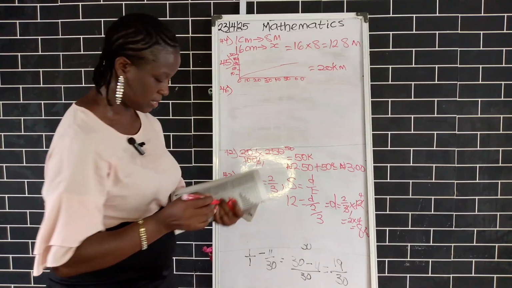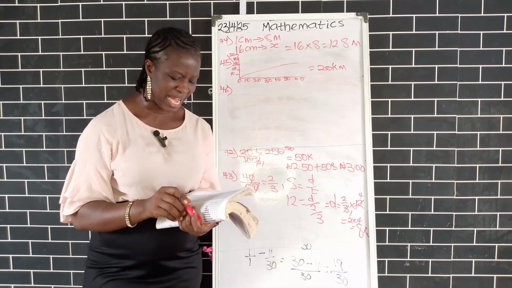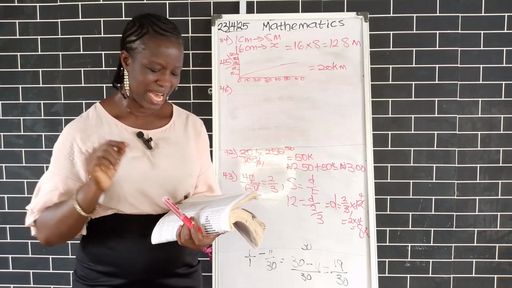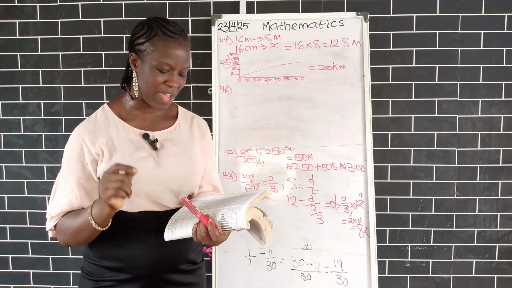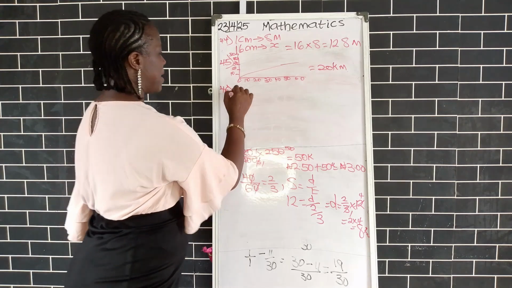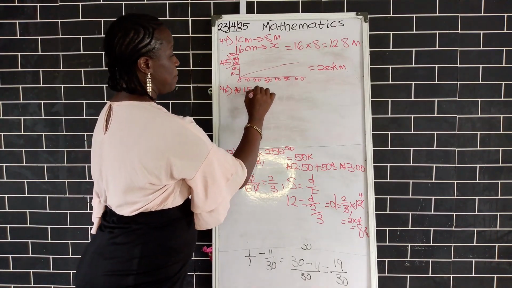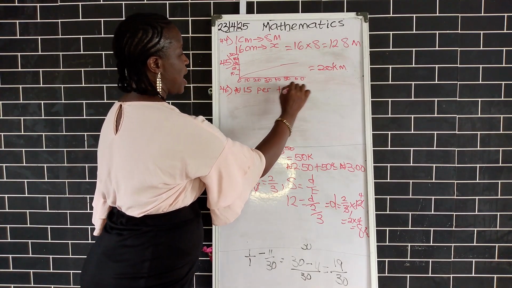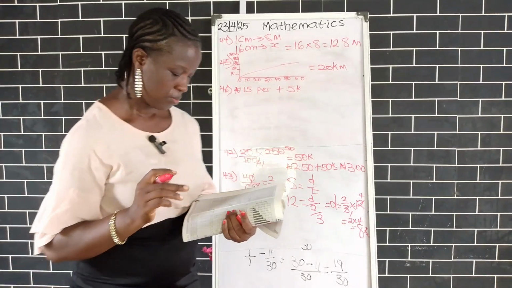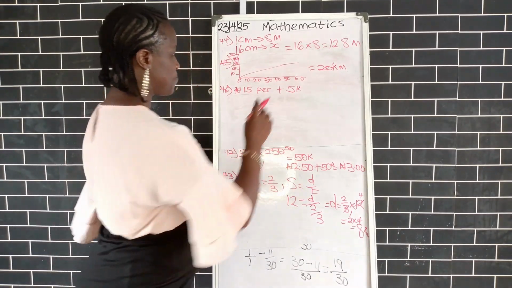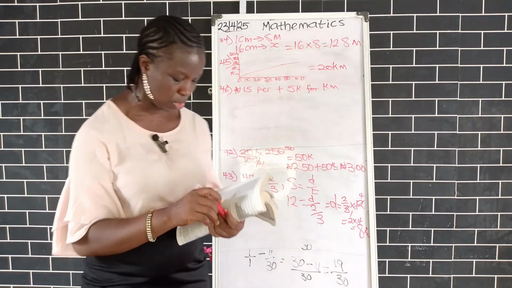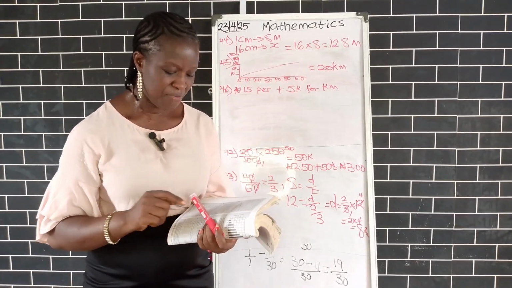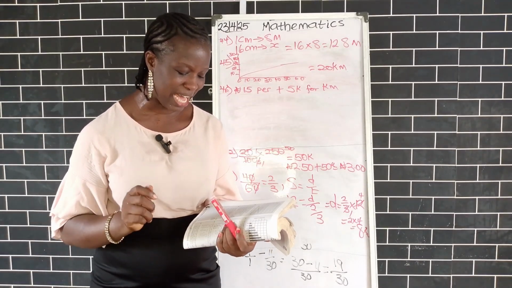Number 46. A trader hired a taxi at the rate of 15 naira per day plus 5 kobo for each kilometer. So now let's go to the question. If he used it for 4 days and traveled a